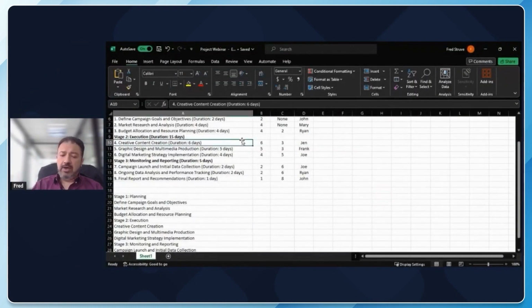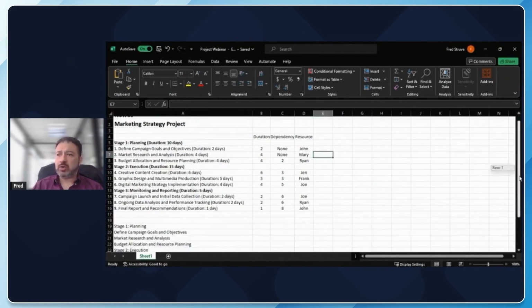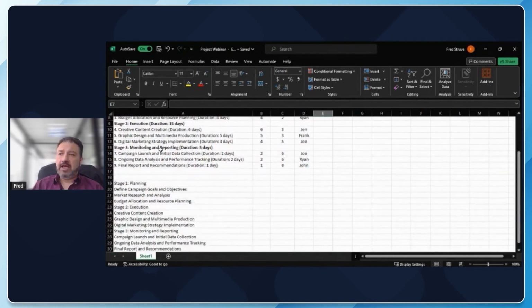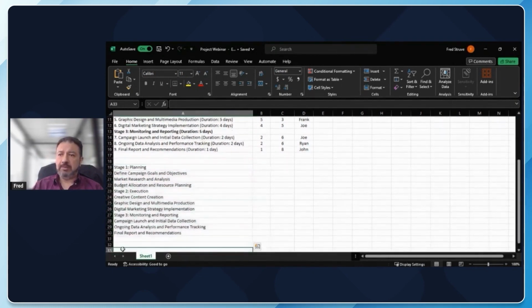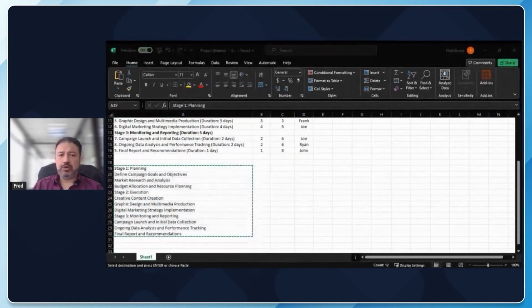As you can see here, this was a very simple project, created with the specific steps, duration, dependencies, and who's the resource. So what I did, I cleaned it up, but I can just simply copy and paste things from Excel to Project. So if I just click on copy on the simple version, and I go to my other window,